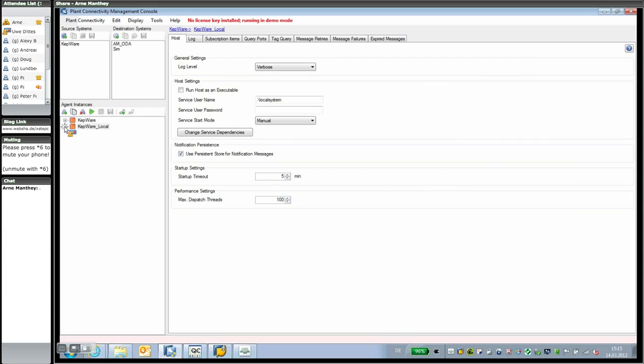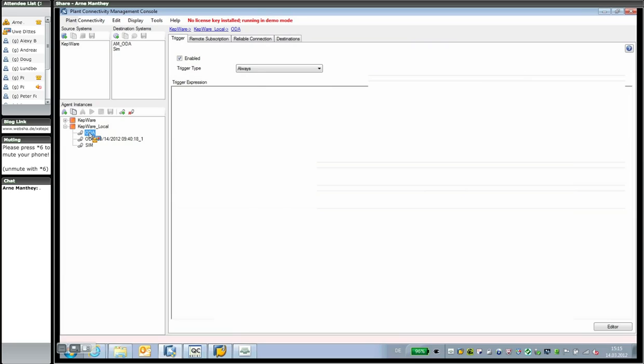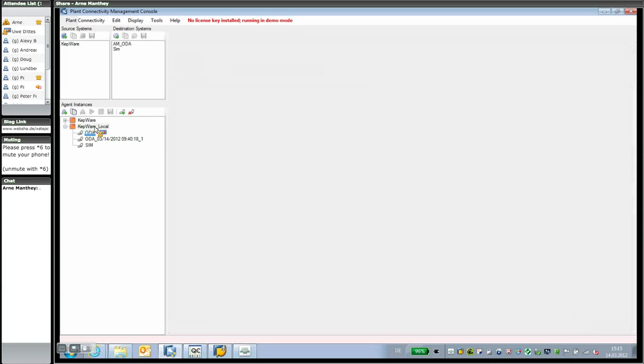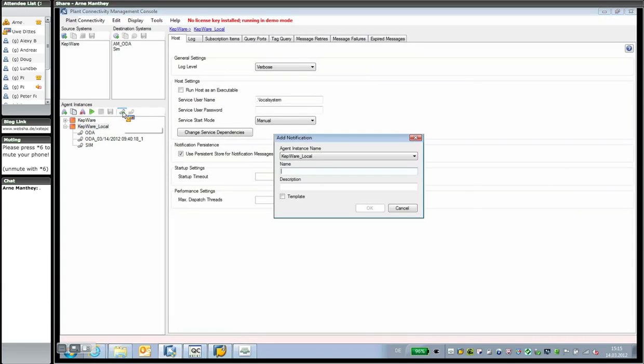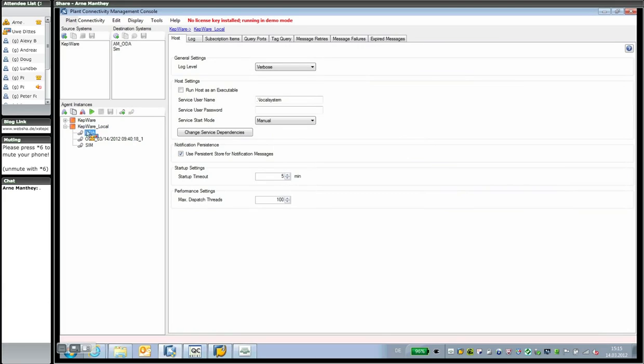What you also have to do, and that's really important here, in contrast to the normal procedures from Plant Connectivity: if you want to do subscriptions, so if you want to enable that you can subscribe to a data point from ERP, you have to provide a template, and that's what I call here ODA. It's a notification here for PCo. And if you create a new notification here, you see there's this flag called template. You have to flag that so that it is marked as a template. And if it is a template, you don't have